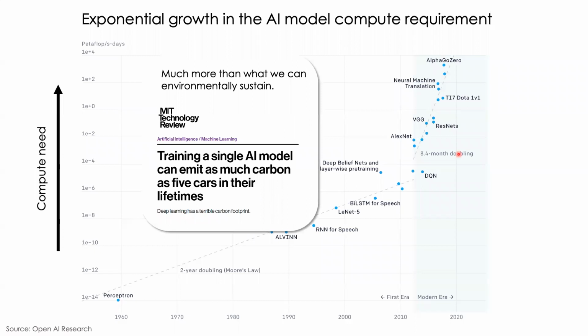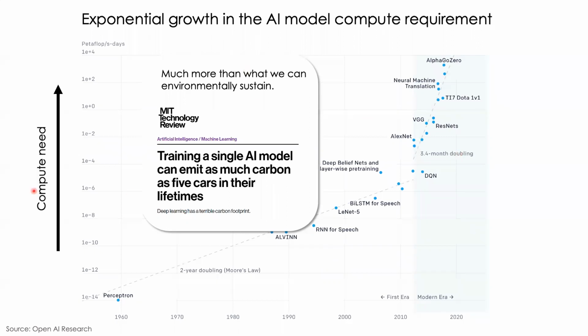The matters get even worse if you now think about the impact that this is directly having on the environment. Training of a single AI model can emit as much as the carbon emission equivalent of 5 cars over their lifetime, which is something that we cannot continue to sustain if we want a healthy climate, a healthy planet. So largely, we not only have these constraints that we need to deal with from an edge intelligence perspective, we also have to come up with solutions that allow us access to better compute and deal with the training complexity issue of these models.